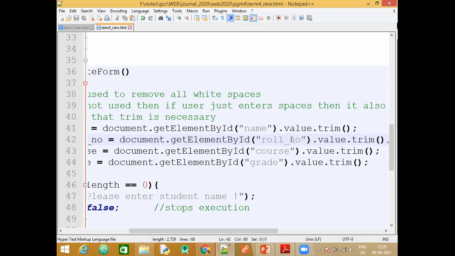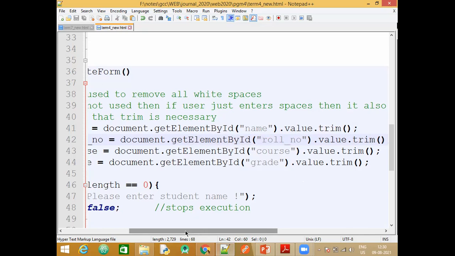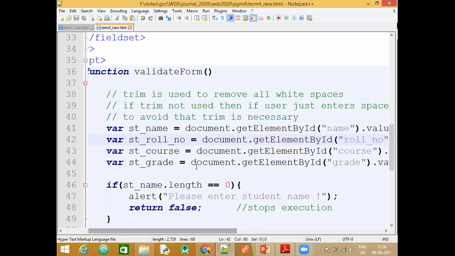Remember this, I am stressing now because you will have large programs on PHP with a database, and there you will end up making errors. That is why you should remember these conventions: where the ID comes from. Are you able to understand the flow? Next, whatever the user has entered, the name is stored in this variable.